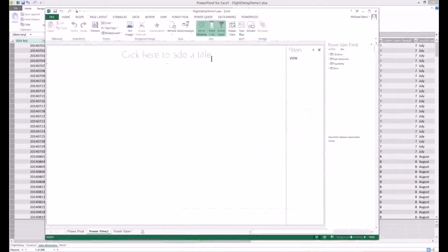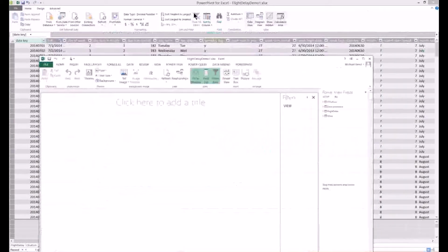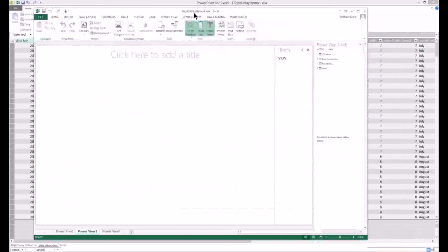So anyway, let's go up a notch. Power Pivot and Power Charts, it'll let you see charts and whatever. Obviously, you can change those into whatever you want. You can add multiples. You can do your slicing and dicing there. Power View gives you a little more latitude as far as building out a dashboard, and it's really about as easy as clicking somewhere out here and saying, well, I want